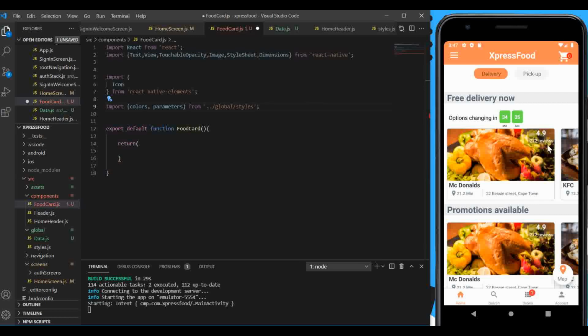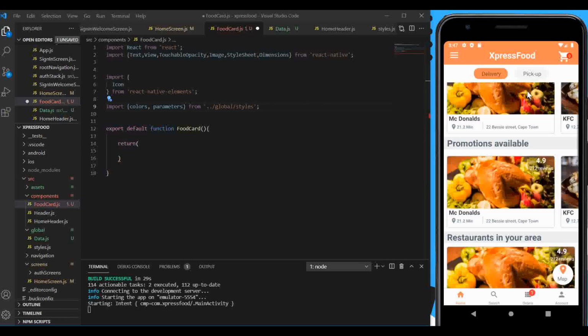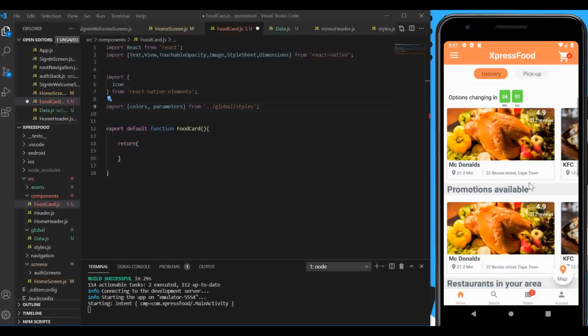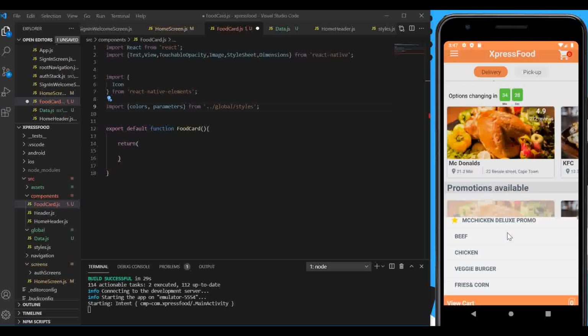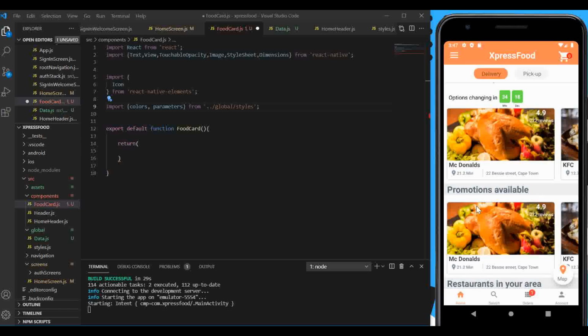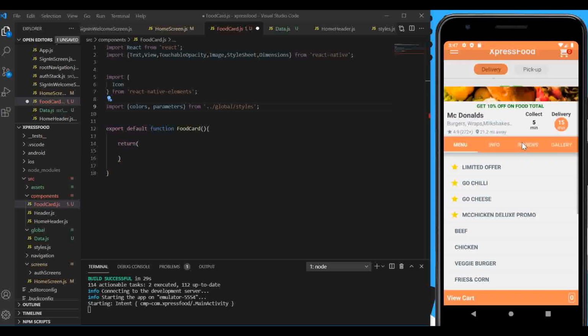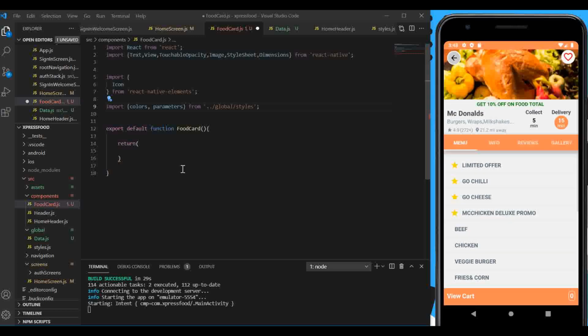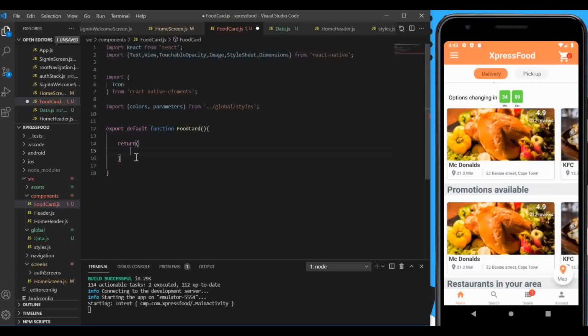If you click on any place on this card, it will take you to the home screen of the restaurant. If I click on the picture, you can see it has taken me to the home screen of the restaurant. So that means this card has to be touchable. Any place you have to be able to navigate. So what we're going to be returning, instead of a normal view, we're going to be returning a touchable view